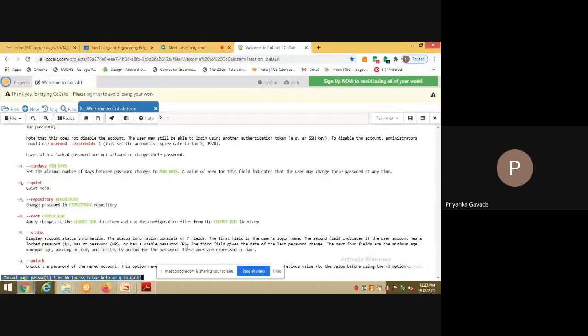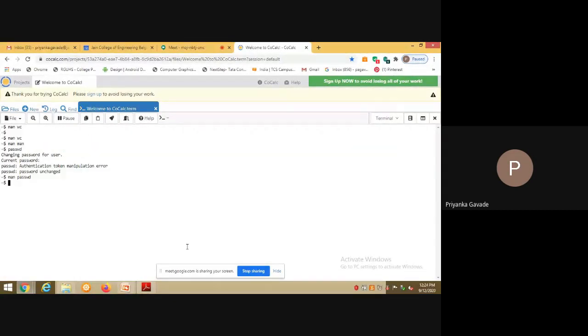So let us see how exactly this minus s works. Minus s option. Why didn't we get an option to change the password? So passwd minus capital S. Can you see the output on the screen here?